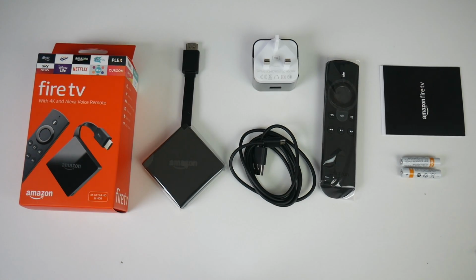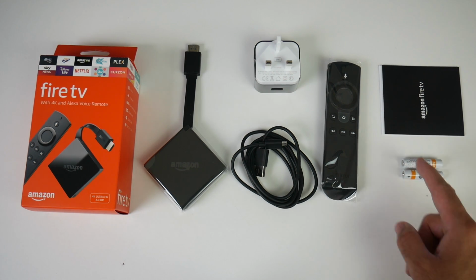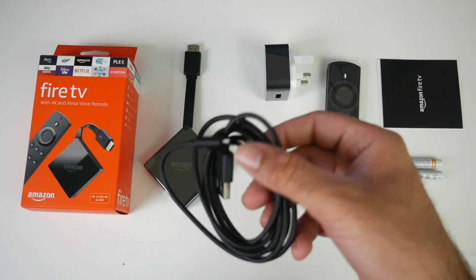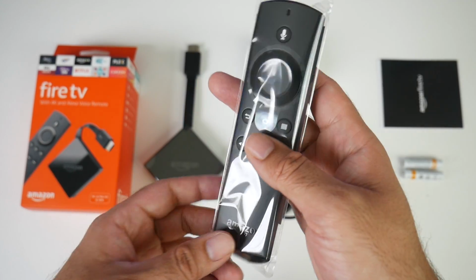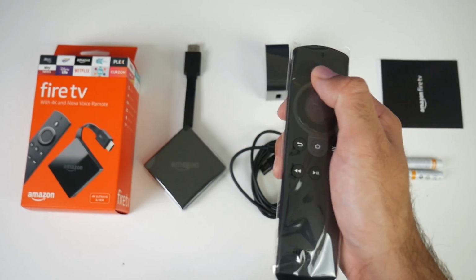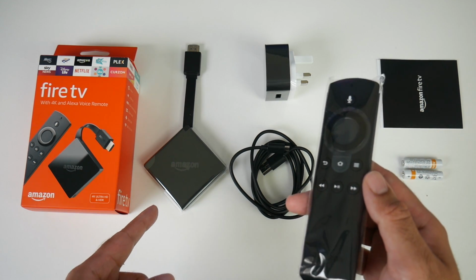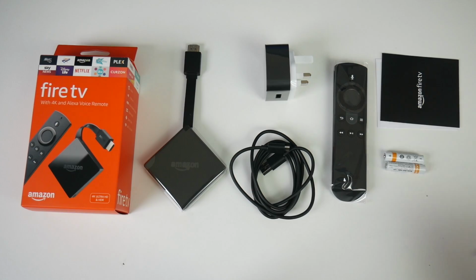So this is everything you get in the box, beginning with the user manual. You've got 2 AAA batteries included for the remote control. You've got a USB power brick, a micro USB cable, the Alexa Voice Remote control. So if you're not familiar with this remote control, it basically has a microphone and a microphone button, and when you press it you'll be able to independently control many functions of this TV box with your voice, and I will give you a demo of that in a bit. Last but not least,